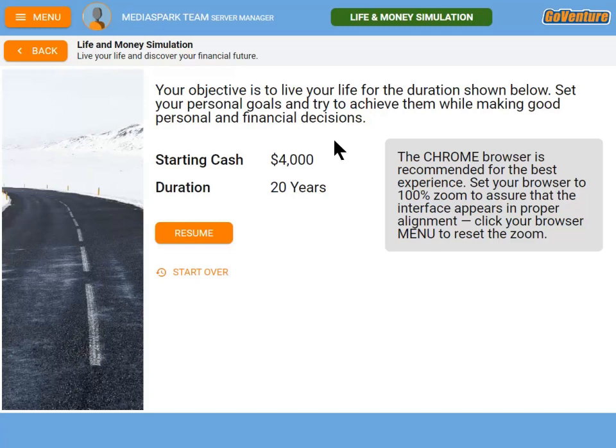Okay, so everyone starts this simulation in the same place. So a certain amount of starting cash, and the simulation can be played for up to 20 years. This is customizable by the trainer, facilitator who created your group. So you may start with more money than this, and your simulation may be set for a shorter duration, because it could be set anywhere from 1 year to 20 years. And 20 is the maximum that you can play any one simulation, but you can actually play the simulation multiple times if you join multiple groups.